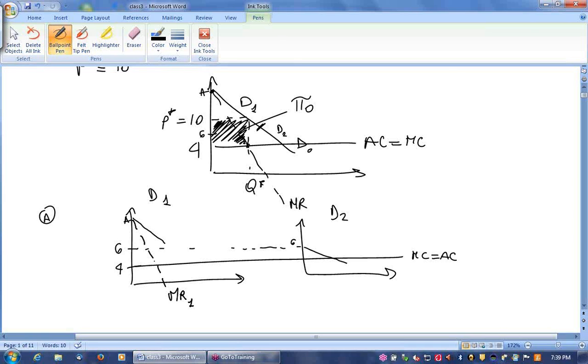Since the optimal price under demand 0 in the initial situation was 10, that is greater than 6, we know that the marginal revenue and the marginal cost are crossing here, so that under demand curve 1 actually the monopolist is gaining the same profits